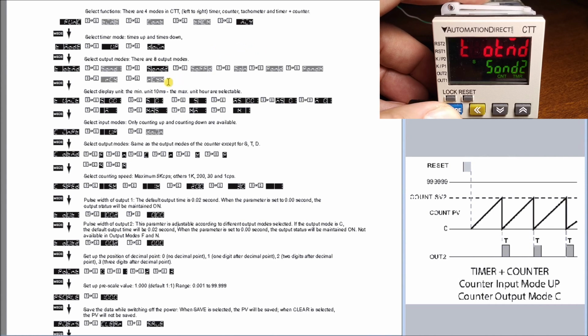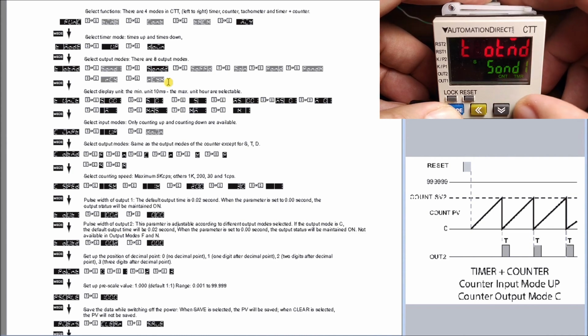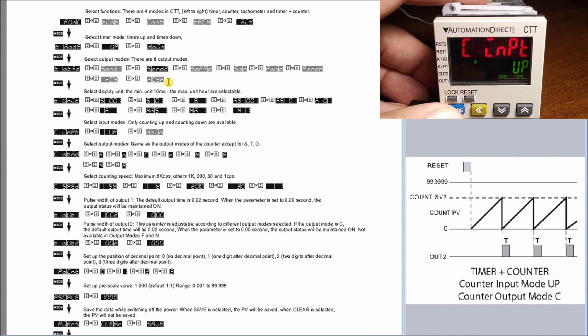We have our Signal On Delay 2, and we can always change that. You hit the mode there, Signal On Delay 1 and 2, and then hit mode to lock that in. Hit mode again, and then we have our timing unit, which we'll set for 0.1 second. Then we have our input type for our counter, which is up,